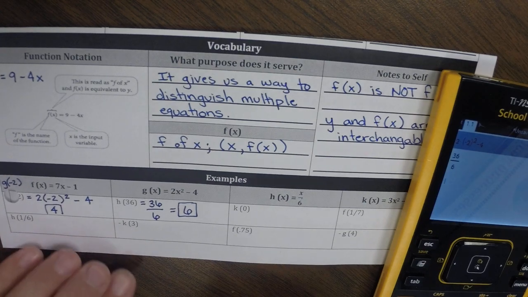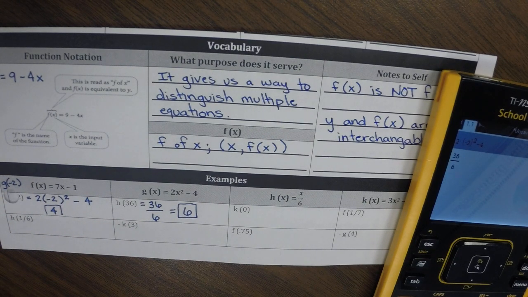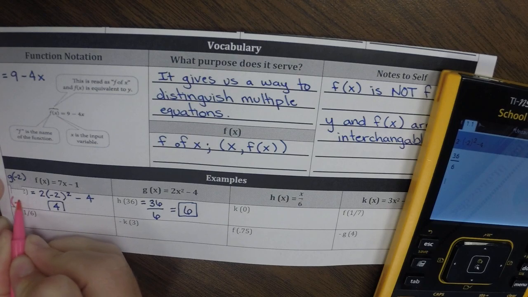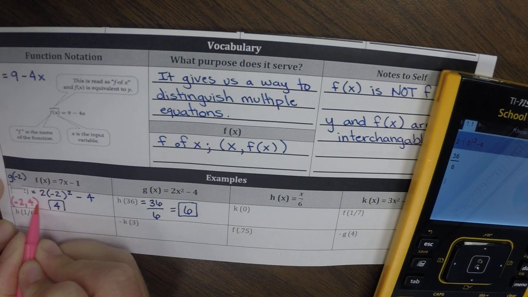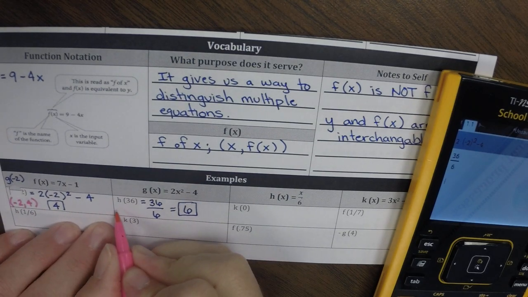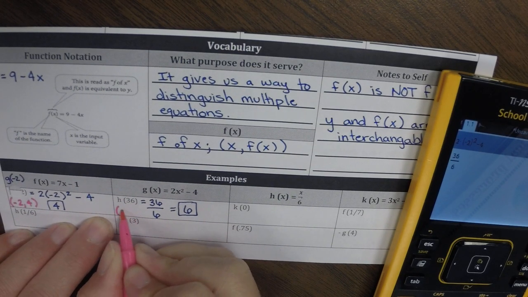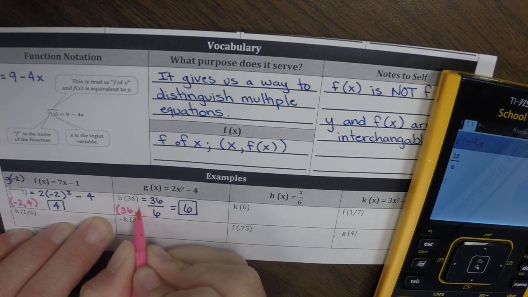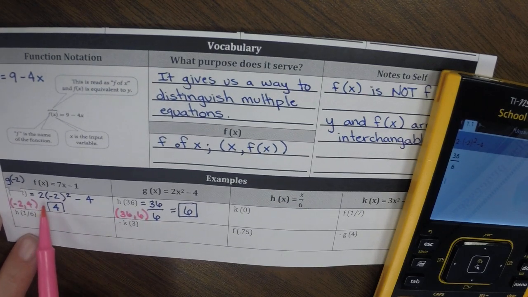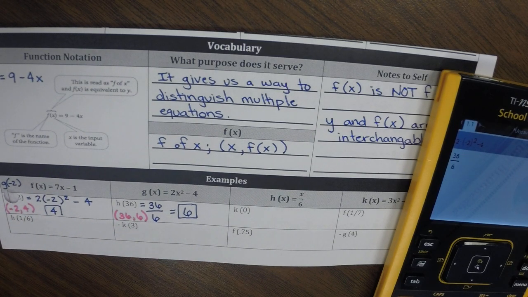So h at 36, 36 as an x, 6 would be the y. So again, if I was writing ordered pairs for these, and I'm going to do it in a different color just so you don't think it's part of the work, but if I was going to write an ordered pair, this would be -2 for x and 4 for g of x, or y. So the same thing here, if I was going to write an ordered pair, my x was 36, my y was 6. So we could write ordered pairs for every problem. What we plug in is the x, what we get as a result is the y, and these are actually points that we could plot on a graph.